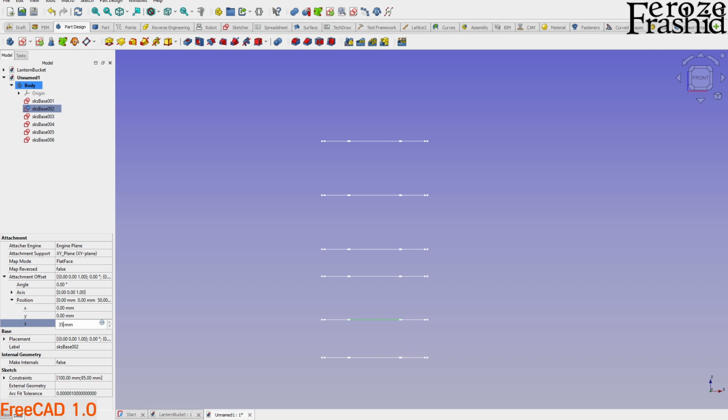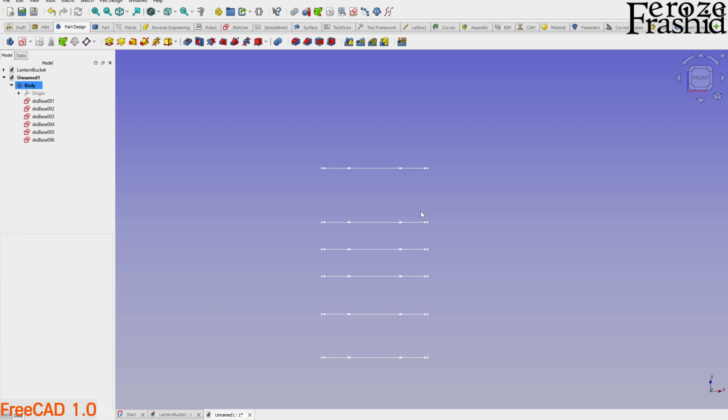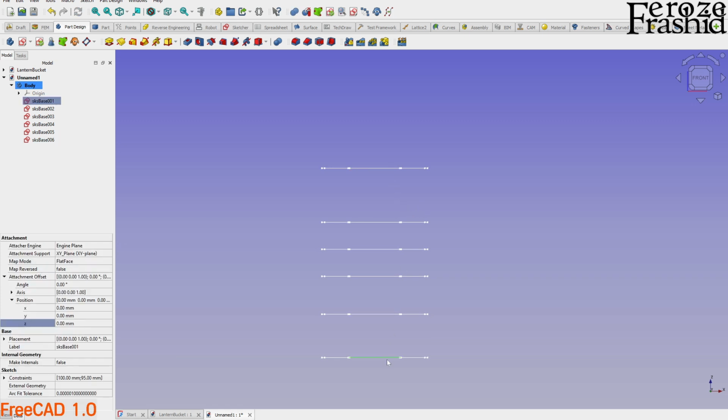Should do. Actually, I want to make it closer than this. So this is 40, and the next one is 75. That's a 25 millimeter gap, and I want to make this 25 millimeter gap as well. Okay, maybe bring it down. Okay, let's work with this. So this is at 175, this is at 0,